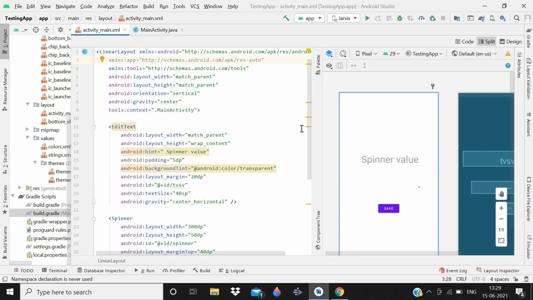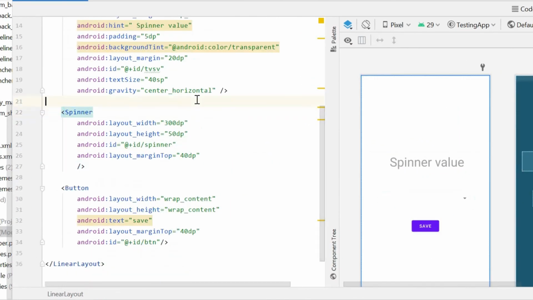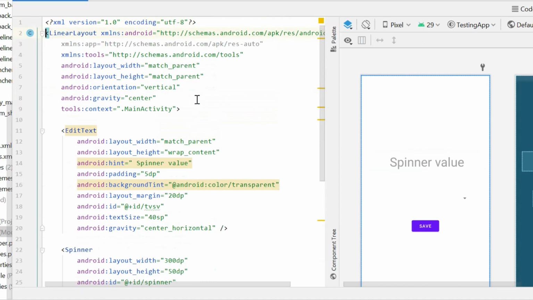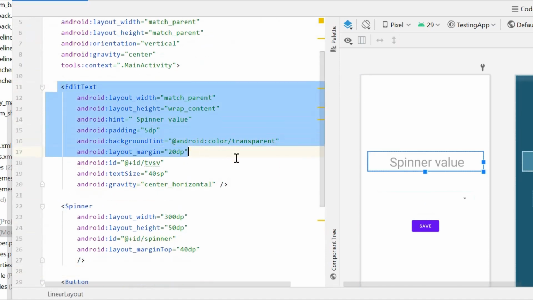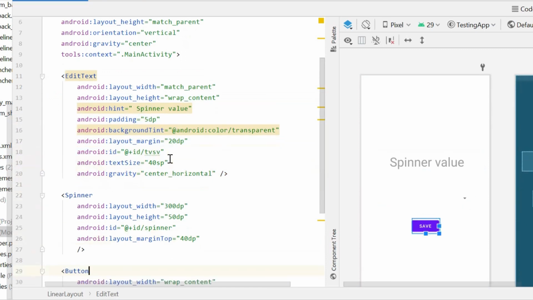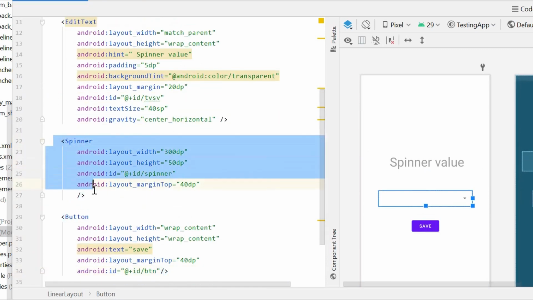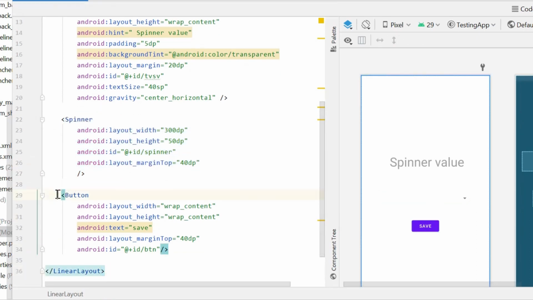So guys, first of all, here we will use an edit text, a spinner and a button. So you can see that we have an edit text, a spinner and a button. Here the codes are already available just for making this video short. So you can pause the video and write the codes of edit text. You can see that it's a very basic edit text, just id and some text. And then you can see the codes of spinner. You can also pause the video, write the codes, and then after this we are using a very basic button. So that is the layout file code, and then after this it's time to go to the Java part.